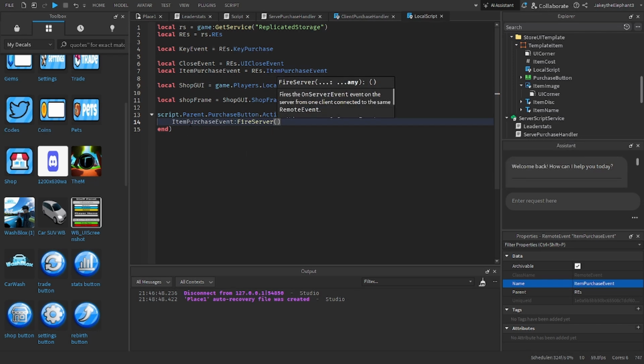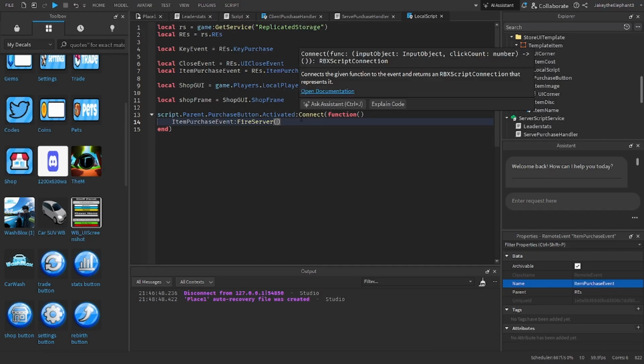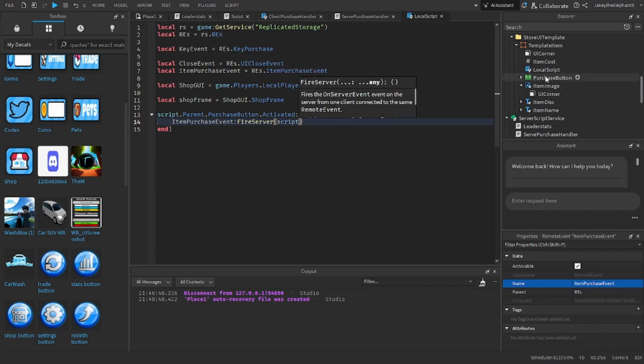So we're firing a remote event, which just transfers information from the client side to the server side. So the player is automatically transferred, so we're going to transfer, what do we need to transfer? The amount and the item name. So the amount is going to be script dot parent